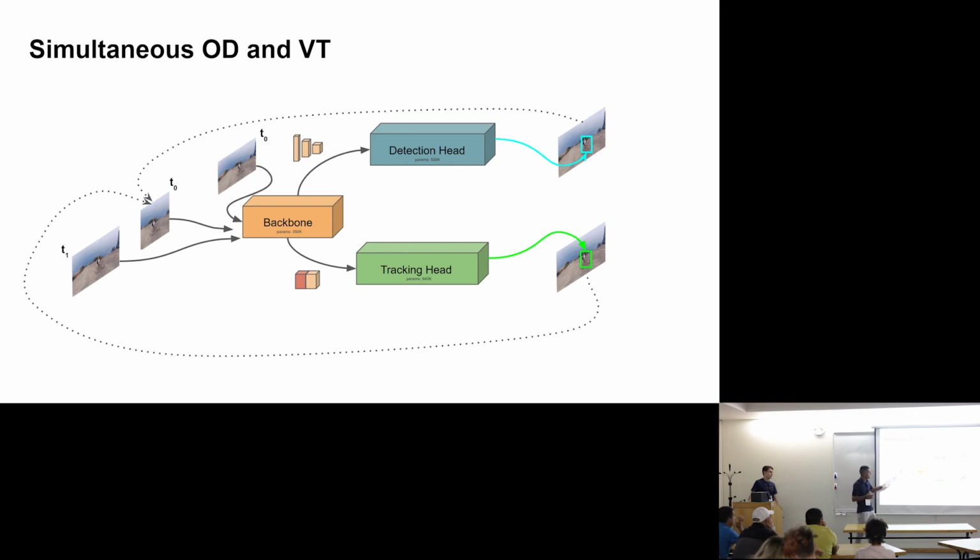So this is what we did. We trained the model for object detection. So basically this part was trained, and then we froze this part, and we trained only the tracking head from scratch using only